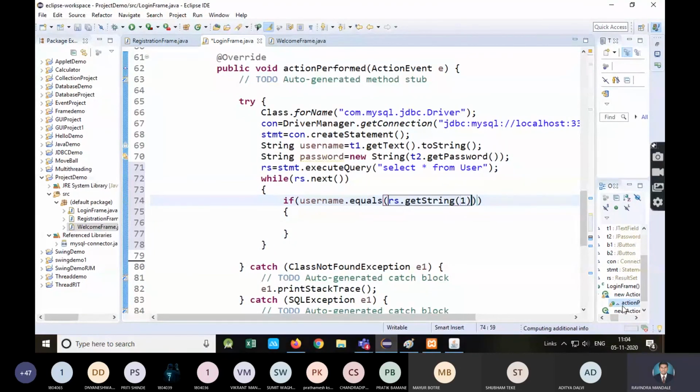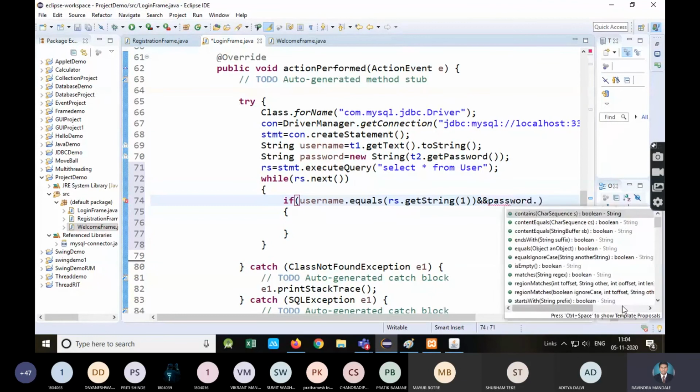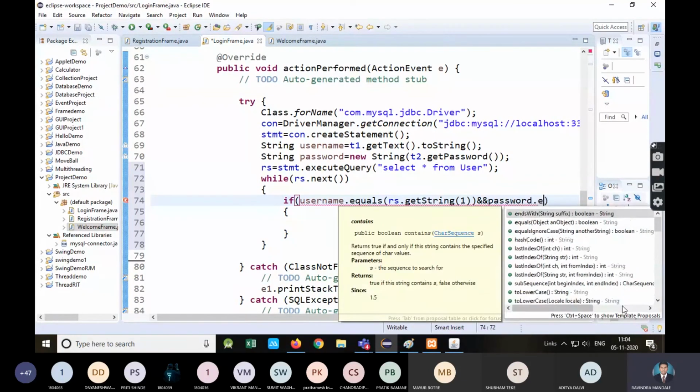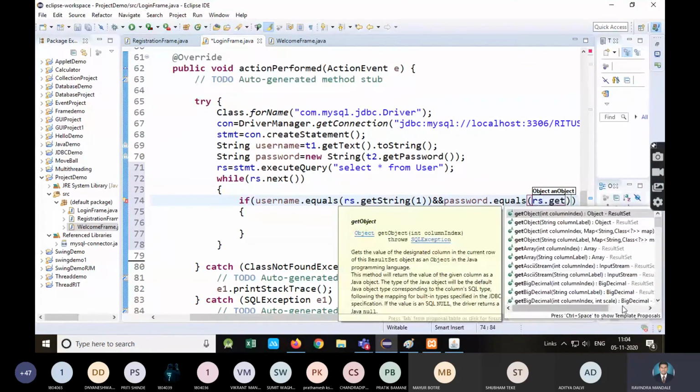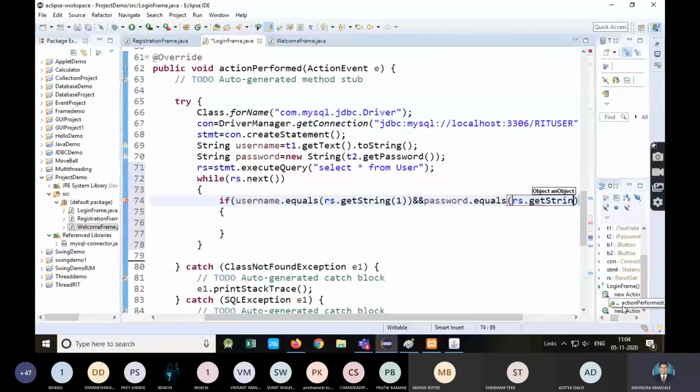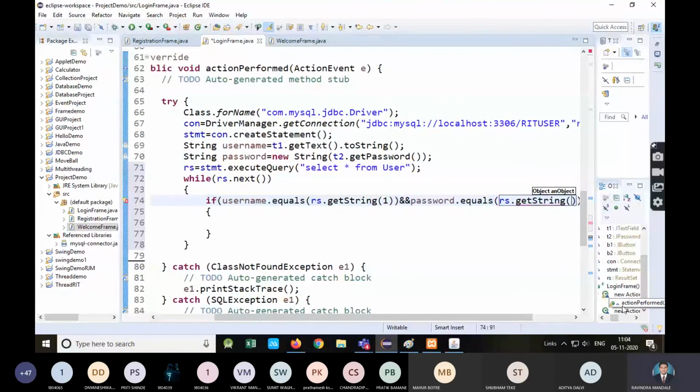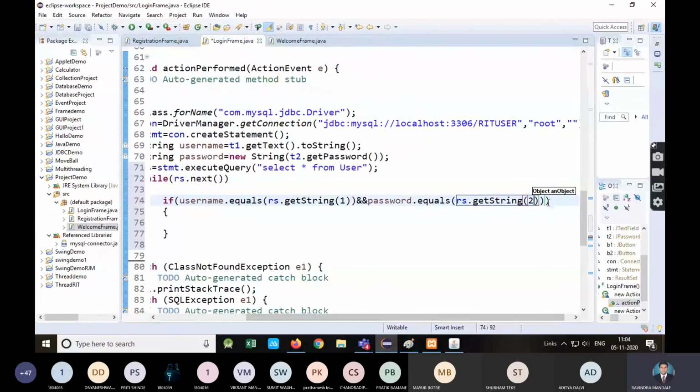So the username entered by the user will be compared with rs.getString(1), and also you should compare the password. So password.equals(rs.getString(2)).